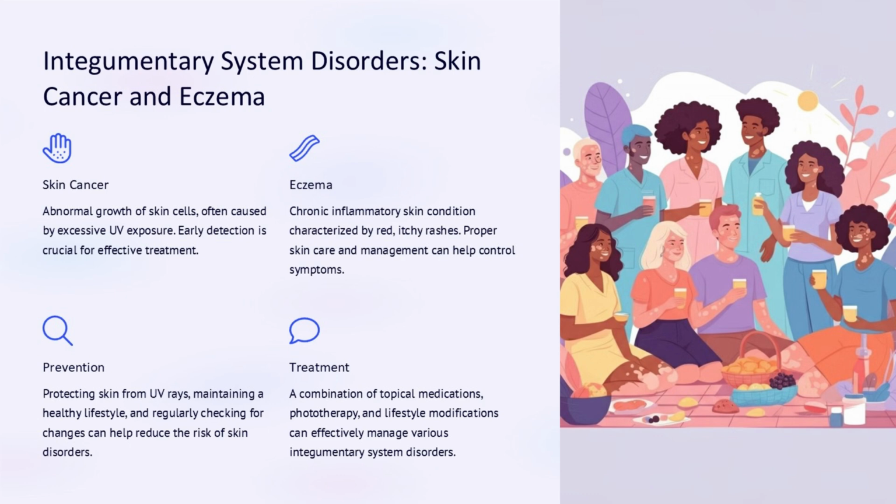Eczema, on the other hand, is a chronic inflammatory skin condition characterized by red, itchy rashes. Proper skin care and management can help control the symptoms. To prevent these conditions, it's important to protect your skin from UV rays, maintain a healthy lifestyle, and regularly check for any changes or abnormalities. Treatment for integumentary system disorders often involves a combination of topical medications, phototherapy, and lifestyle modifications to effectively manage the